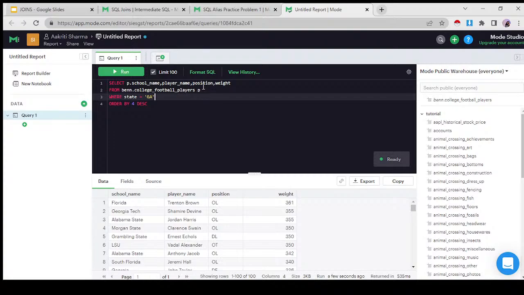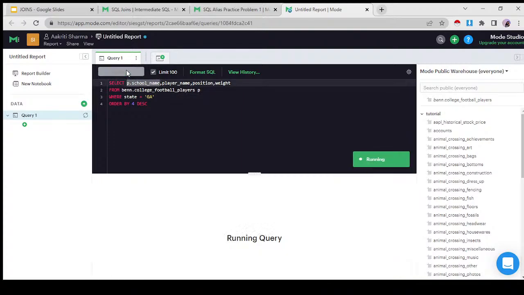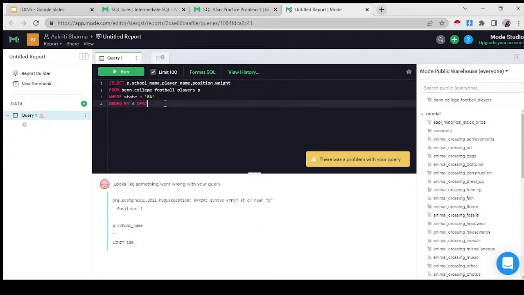You add a space, and it can be anything you want to give it, your choice. Then you use it to specify which column you want whenever there's an ambiguity in column names, using the period. So you can use an alias like this. It won't affect the query now since we only have one table. Oh, p dot school name.